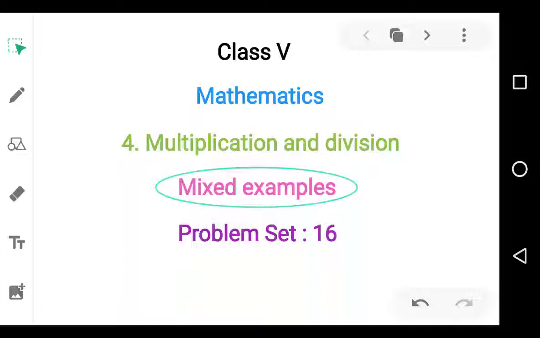We will do word problems on four fundamental operations, which are plus, minus, multiplication and division. In the word problems that we are going to do, we will be dividing and multiplying in the same question, or first adding or subtracting and then doing the multiplication. Let us look at the example.